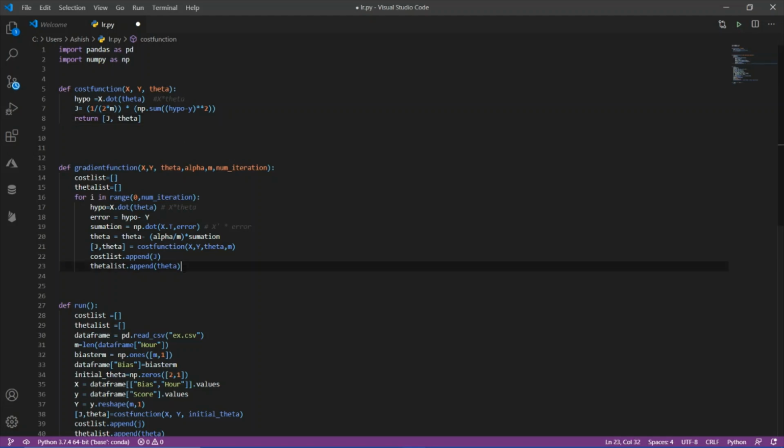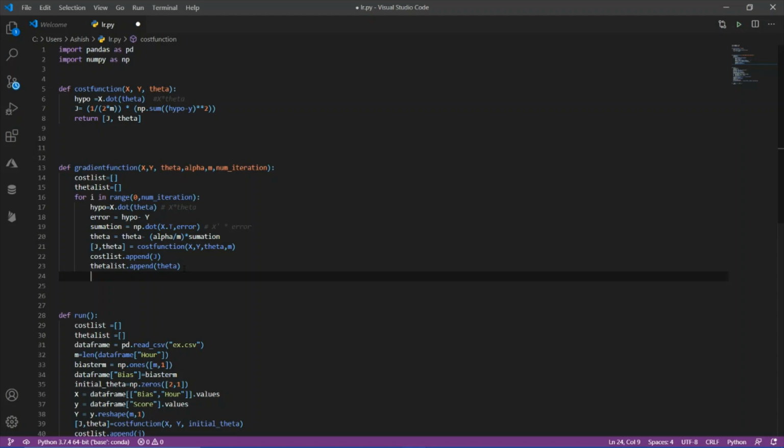Now this gradient function will also return our cost list and theta list. So basically this cost list and theta list will contain the theta and the cost for each iteration.